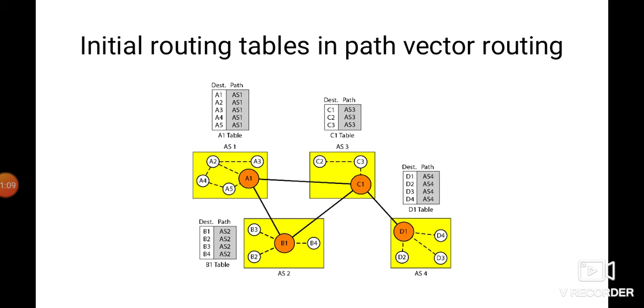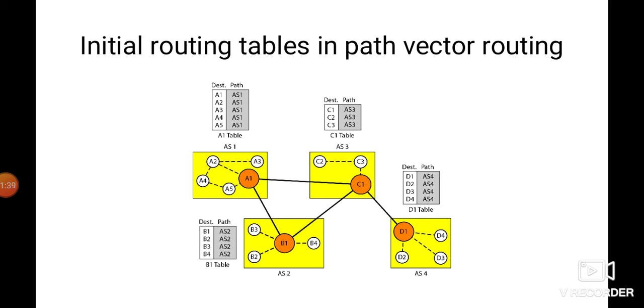The previous two protocols were not suitable for inter-domain routing, mostly because of their scalability. Both the previous protocols become intractable when the domain of operation becomes large. So path vector routing is very useful for inter-domain routing. Basically, the principle of path vector routing is similar to distance vector routing.